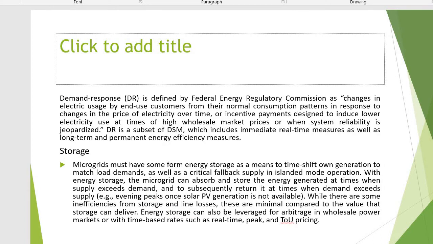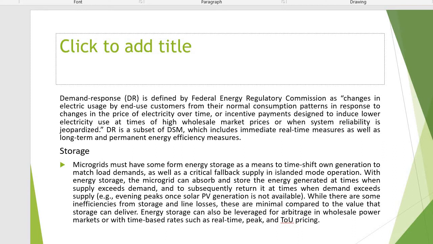Next, demand response. It is defined by FERC, the Federal Energy Regulatory Commission, as changes in electric usage by end-use customers from their normal consumption patterns in response to changes in the price of electricity over time, or incentive payments designed to induce lower electricity use at times of high wholesale market prices or when system reliability is jeopardized, that is, harmed. So it is a subset of DSM which includes immediate real-time measures as well as long-term and permanent energy efficient